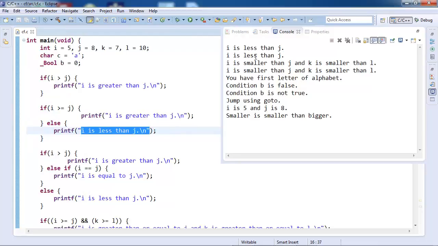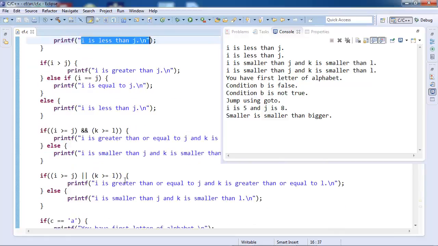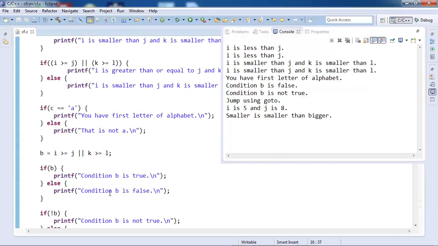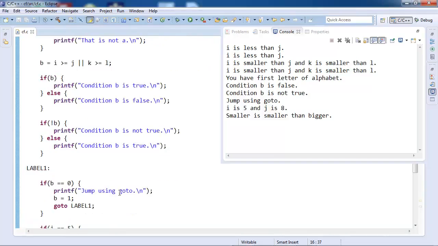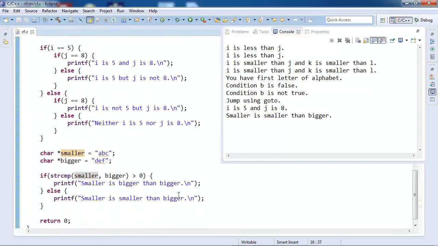The second one is coming from here, from this line, and this third line is coming from here, and fourth is coming from here, and the alphabet is coming from here, and condition B is false coming from here, and B is not true is coming from here. Jump using goto. Okay. So i is 5 and j is 8, and smaller is smaller than bigger.